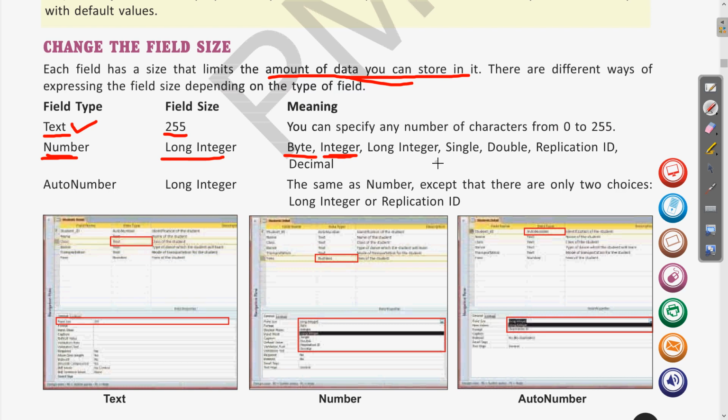These are actually the ranges of the different number data types. Clear? About this we will see further in the coming class, what the meaning of these things is, and we will study the further different field sizes and their ranges.